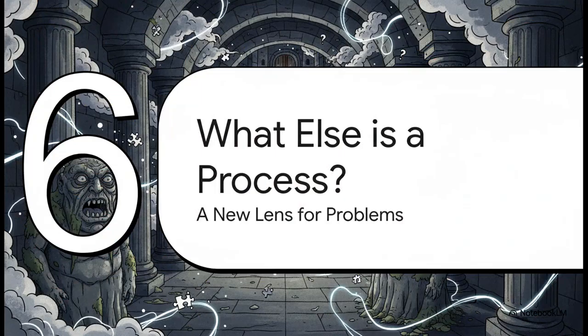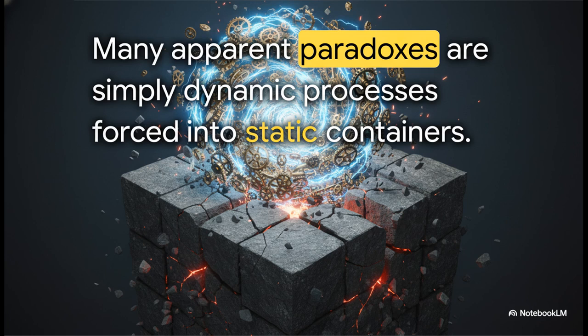Once you have this new lens, this new way of seeing processes instead of just static states, you start to see its potential applications everywhere. It really encourages us to look back at other long-standing problems and ask ourselves, have we been making the same basic mistake all along? And that really brings us to the core thesis of this whole explainer. What we've been calling a paradox for so long might just be a dynamic process that we've been trying to cram into a static container. For centuries, we've been blaming the content for breaking the box, when maybe, just maybe, we should have been trying to build a better box.